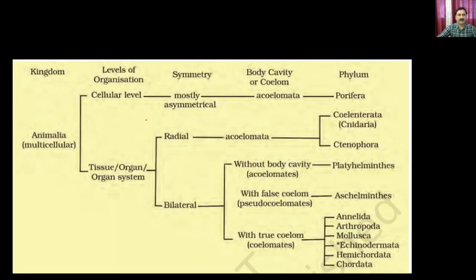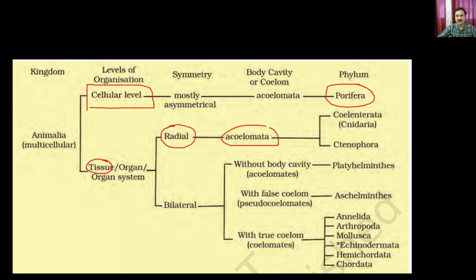So with this, we have discussed the cellular level of organization. We discussed the phylum Porifera, which are the simplest organisms. Then we discussed the tissue level of organization, where we discussed radial symmetry, and within radial symmetry we have two phyla, the Coelenterata as well as the Ctenophora. Now let's move on to something a little more complicated, where we can have organ or organ system levels of organization,